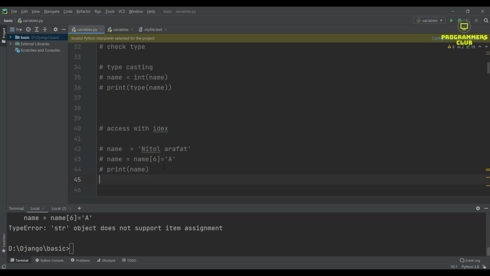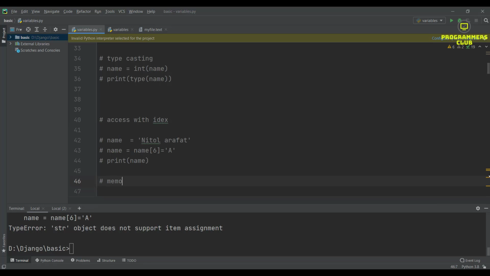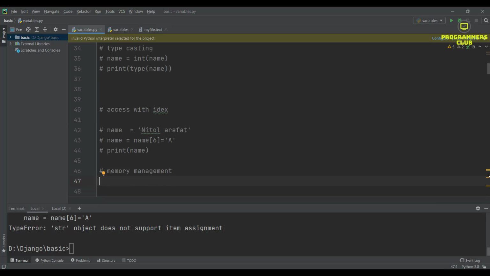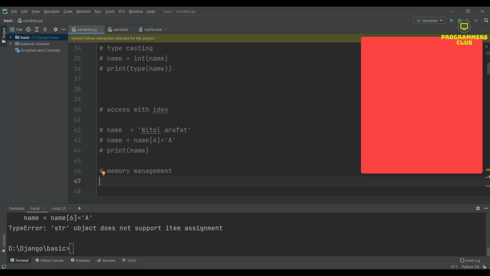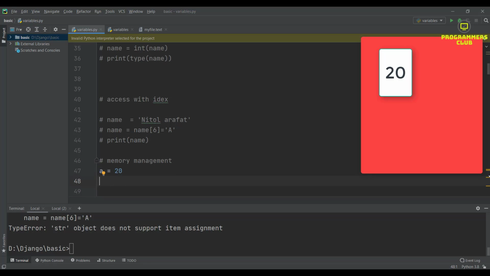Now I go into Python memory management. I will give you an idea about it. Let's begin with simple code: a equal to 20 is executed and an int object 20 is created in memory, and its reference is assigned to variable a, because everything is an object in Python.